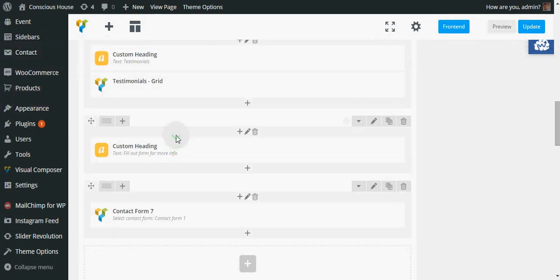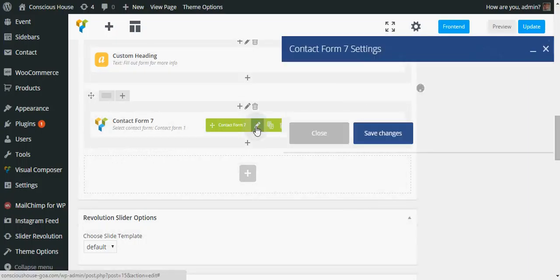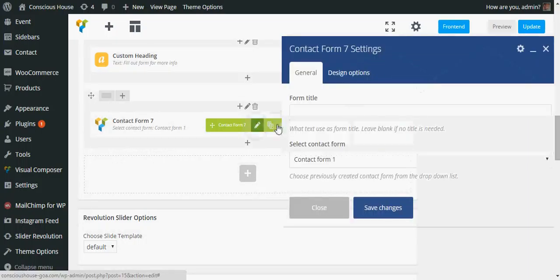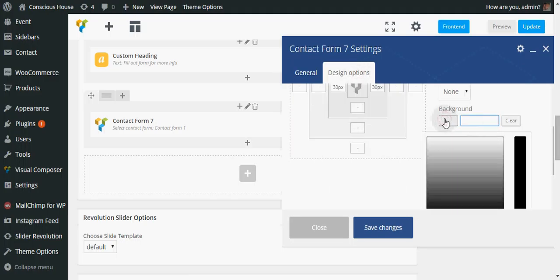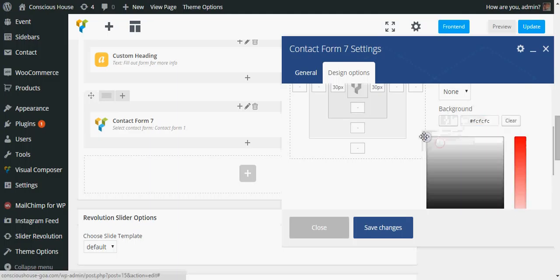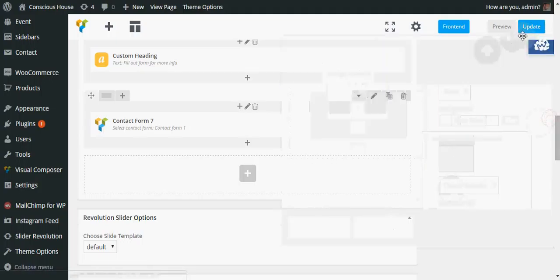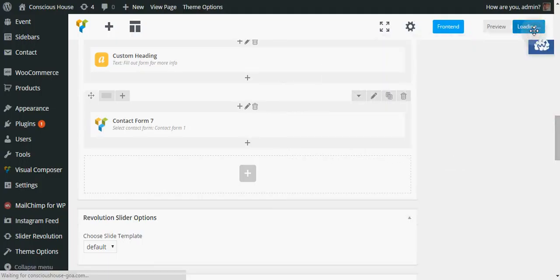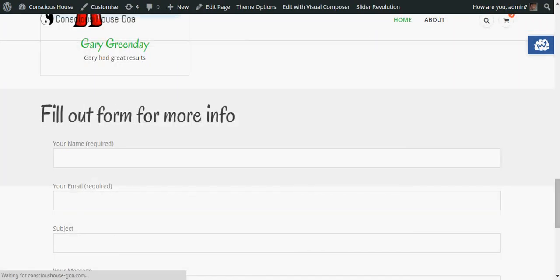We're actually going into contact form here, edit, design options, background colour, and I'll just make that white. Save changes. So at the moment I think it's just transparent. So if I refresh that now,